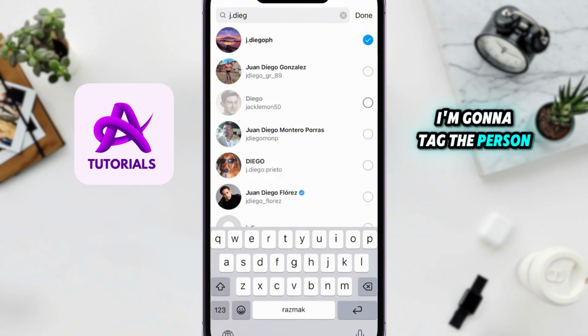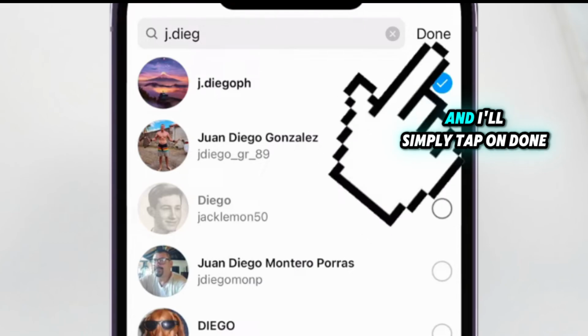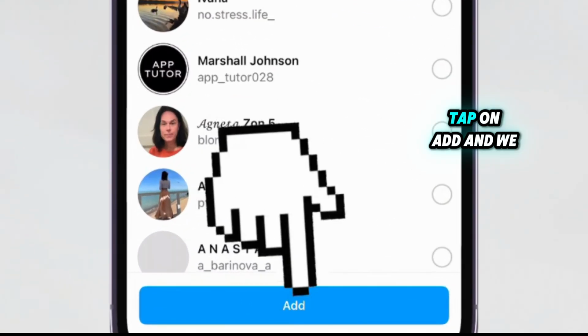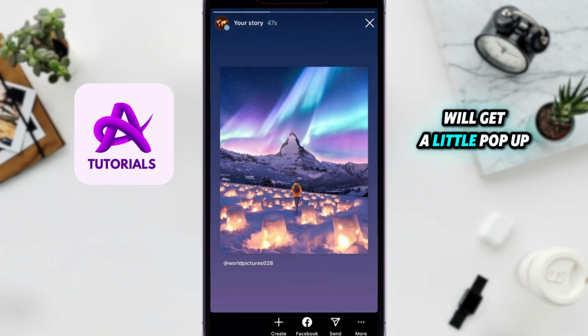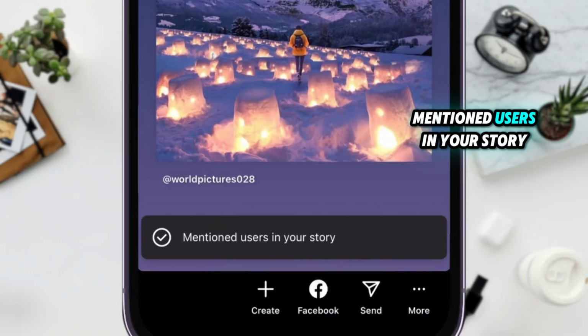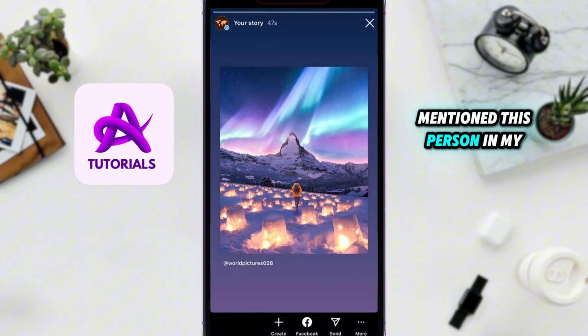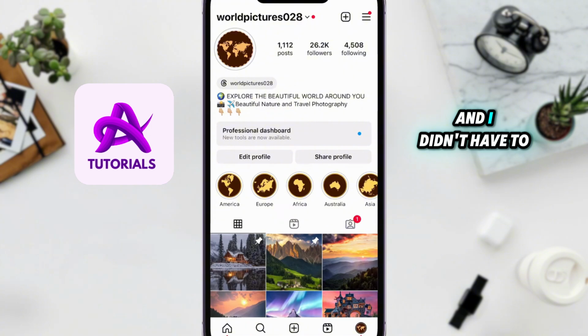I'm gonna tag the person which took this amazing photo, and I'll simply tap on Done at the top right corner of my screen. Tap on Add, and we will get a little pop-up that says, Mentioned users in your story. So Instagram tells me that I had successfully mentioned this person in my Instagram story, and I didn't have to delete my